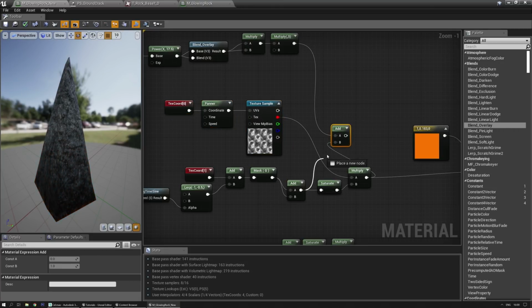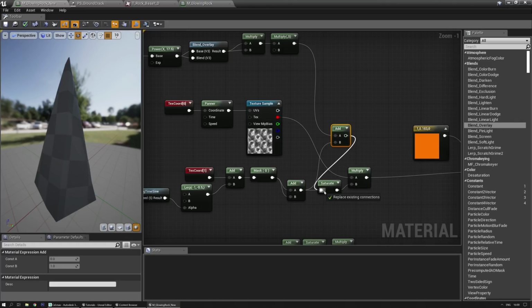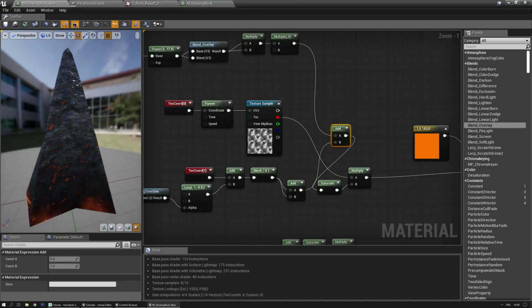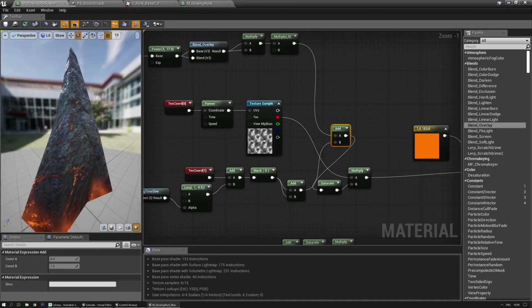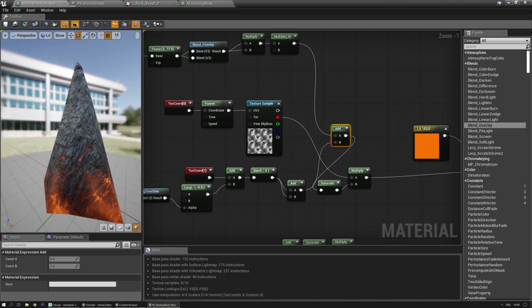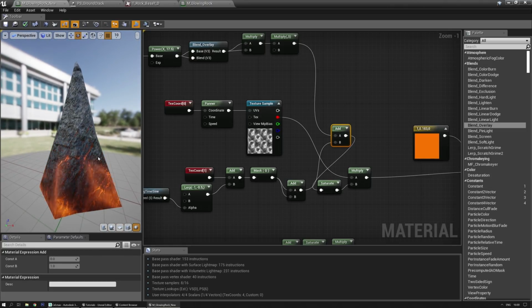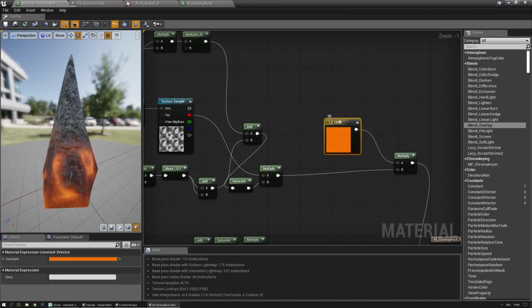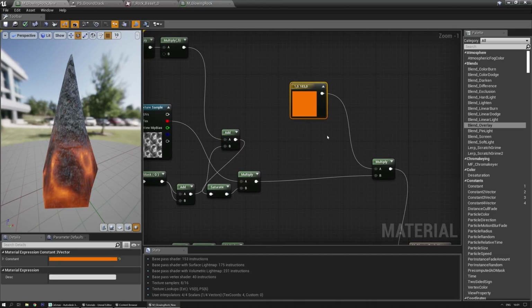So add this there, plug this into the saturate, and see the result. As you can see, there's some additional glow going on in those cracks now, though it's going from black to white because of the way this is multiplied. We're actually gonna